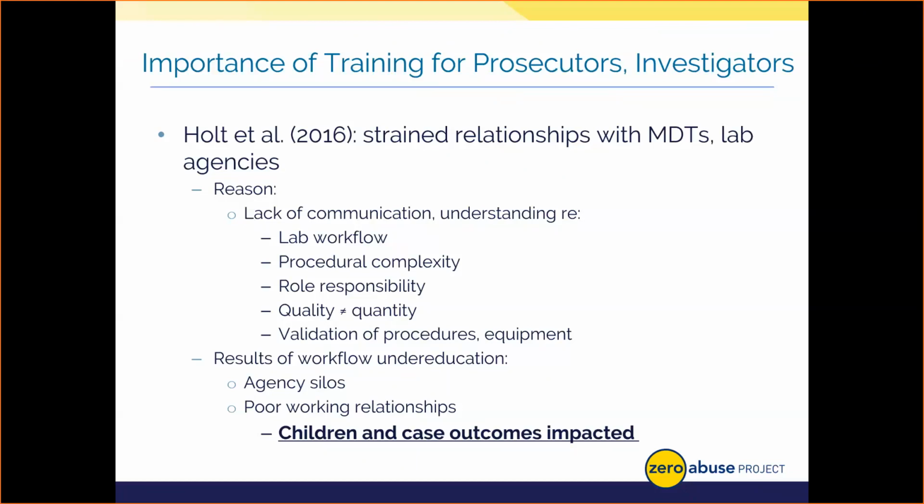Simply put, when prosecutors and law enforcement officers don't understand lab workflow basics and all that goes into the samples, they end up disconnecting, and those poor working relationships lead to other fundamental misunderstandings or comprehension gaps, where basically the right hand doesn't know what the left one is doing. For instance, a poor relationship between prosecutor and lab could lead to courtroom professionals avoiding testimony prep with analysts. Suddenly, the prosecutor misinterprets the likelihood ratio statistic during the trial, and the analyst has to try and correct this deviation in court.